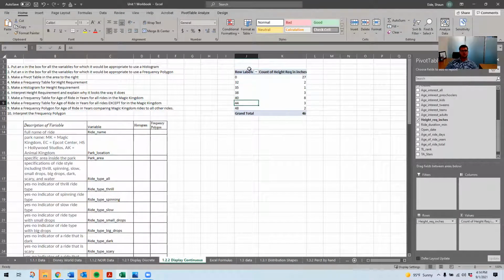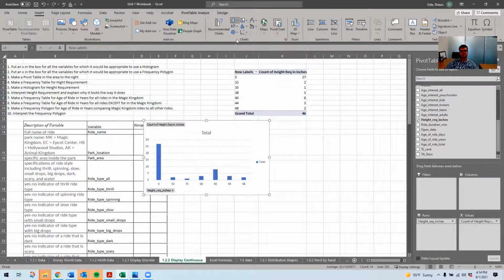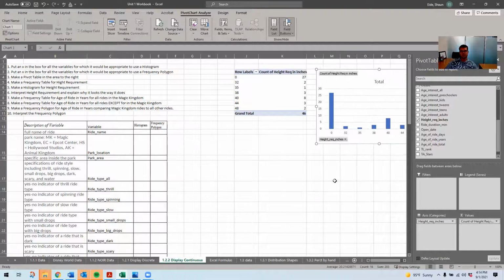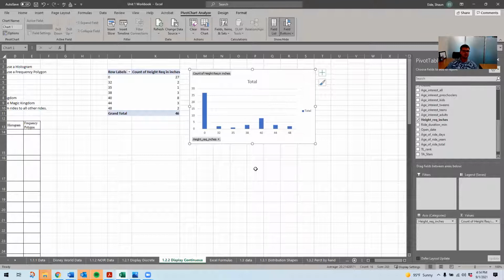Okay, and so I've got this wonderful information, and I'm going to do insert. And there are 2 ways to go about doing this. I can do it just like this and click on bar chart and add the bar chart right there. Now, this is technically incorrect for a lot of different reasons. But what I'm going to do here is,